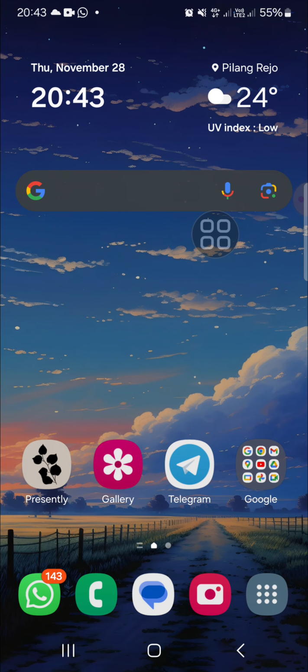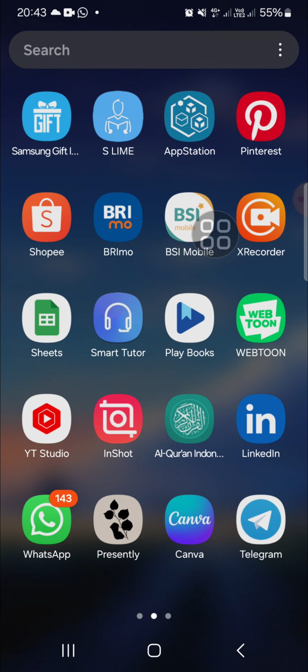We can use Canva for free to create thumbnails for our YouTube video. So make sure you have installed this Canva application on your mobile phone. You can get it from the Play Store, or the Apple Store if you are an iOS user. And then here I have installed my Canva, as you can see, and we're going to launch this application on